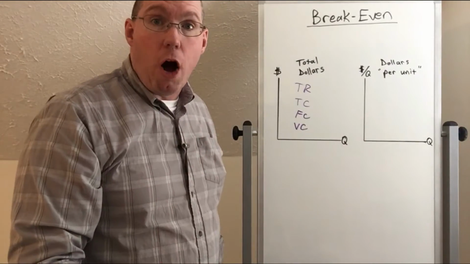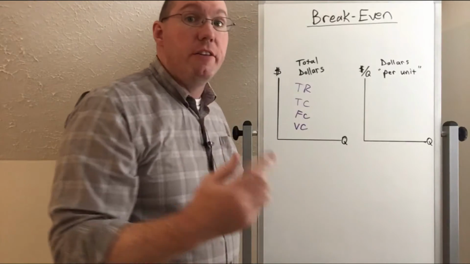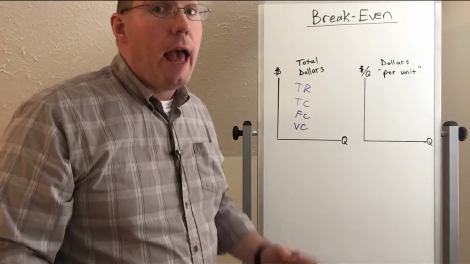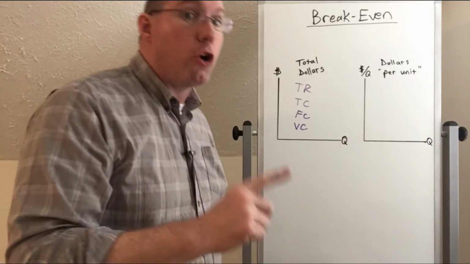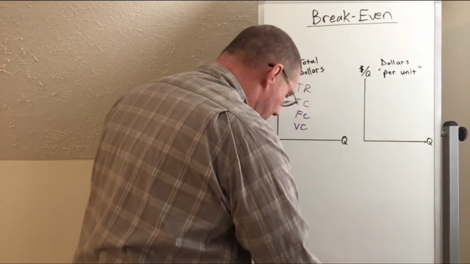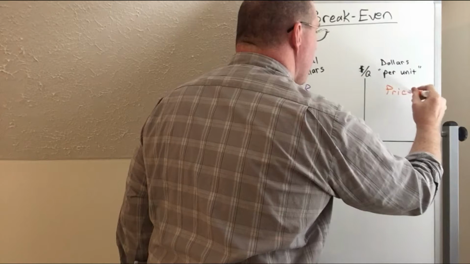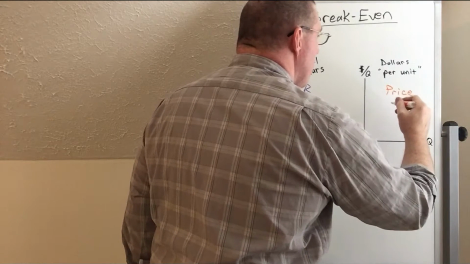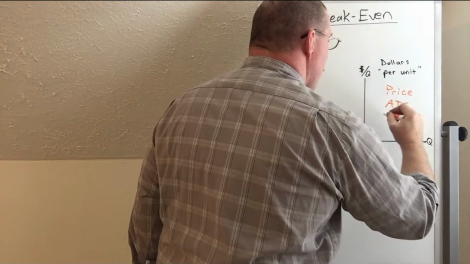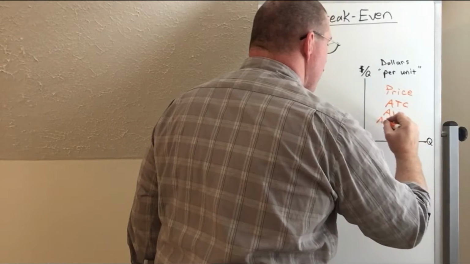If we take variable cost and divide by quantity, we get variable cost per unit. If we divide total revenue by quantity, we get price. And price is the per unit revenue, right? So price is going to be represented over here on this graph. So over here, we're going to see things graphed like price,